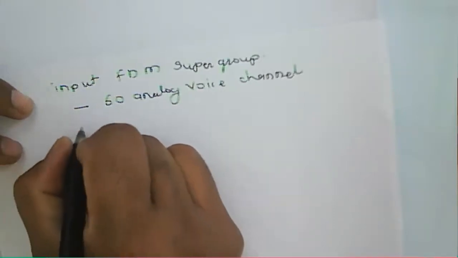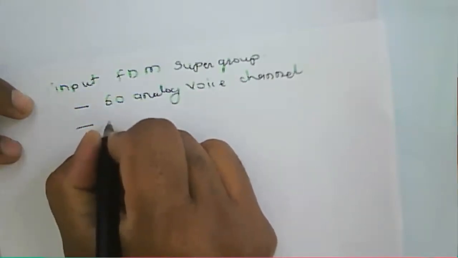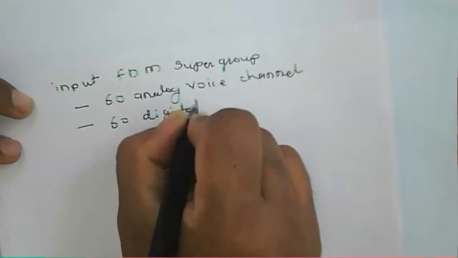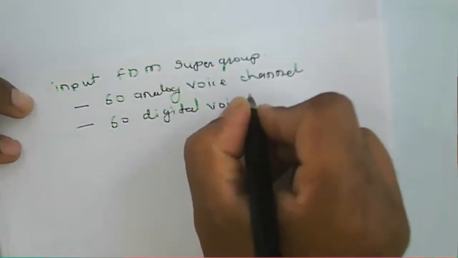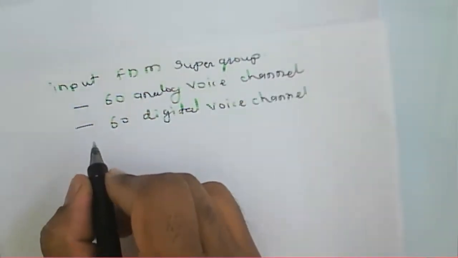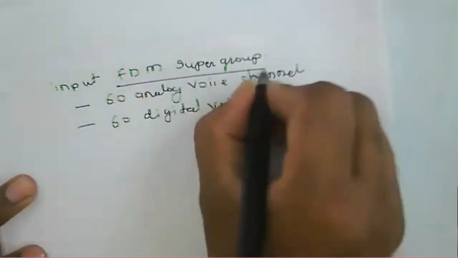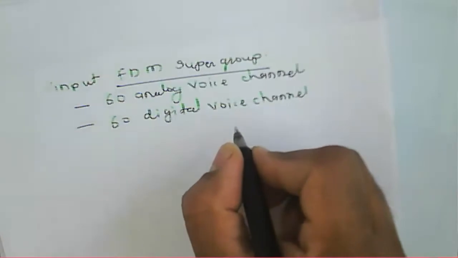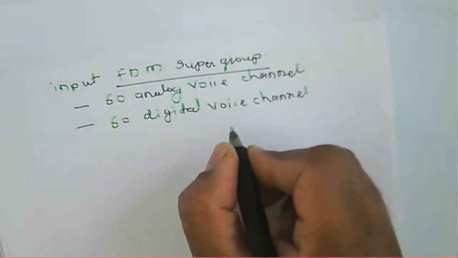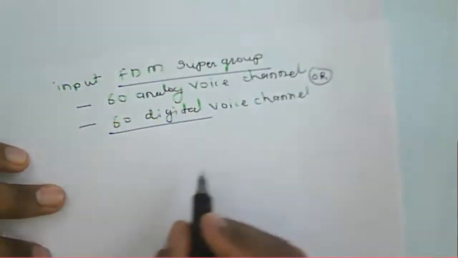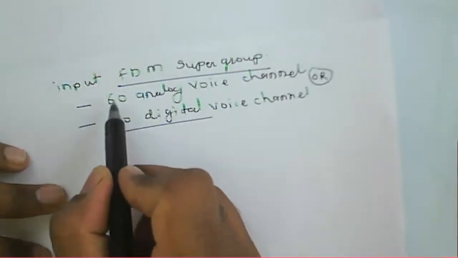Or we can say a 60 digital voice channel. So that is about an FDM supergroup, either 60 analog voice channels or 60 digital signals. Okay, either way, suppose in this particular group,